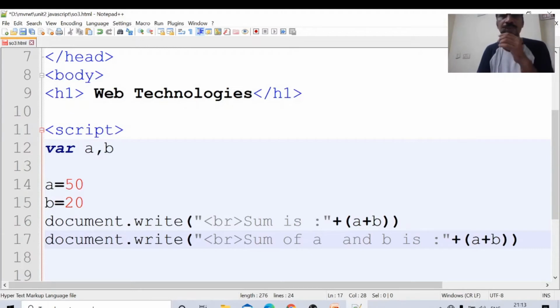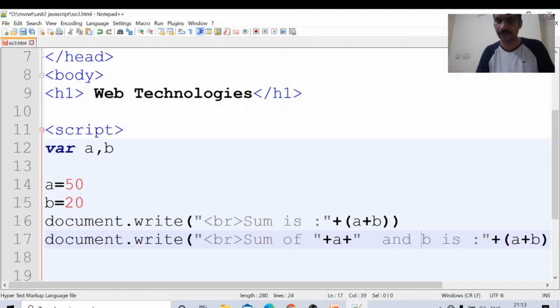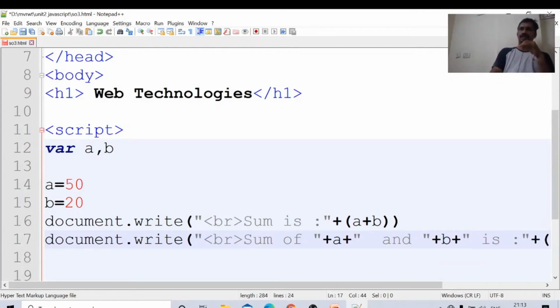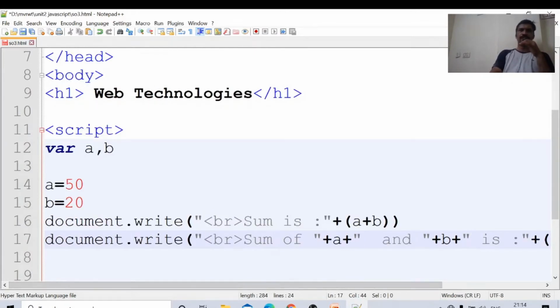Observe here how I am doing the concatenation operation. Now what will happen? Sum of a and b. Here numbers will come. What is the value of a? a equal to 50, b equal to 20. Sum of 50 and 20 is, this sum will come.